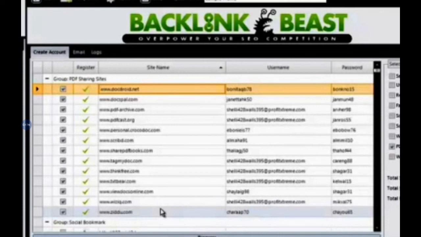Now, if I want to submit to social networks, I need to create accounts for that. If I want to do social bookmarks, I need to create them for that, so on and so forth. But once you have this piece of the tool down,